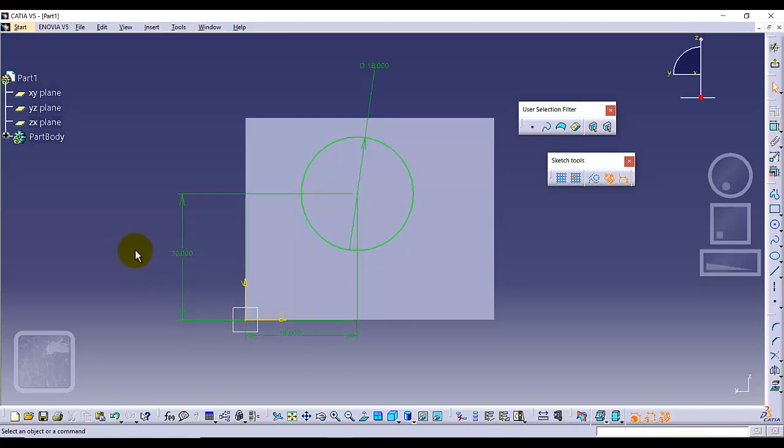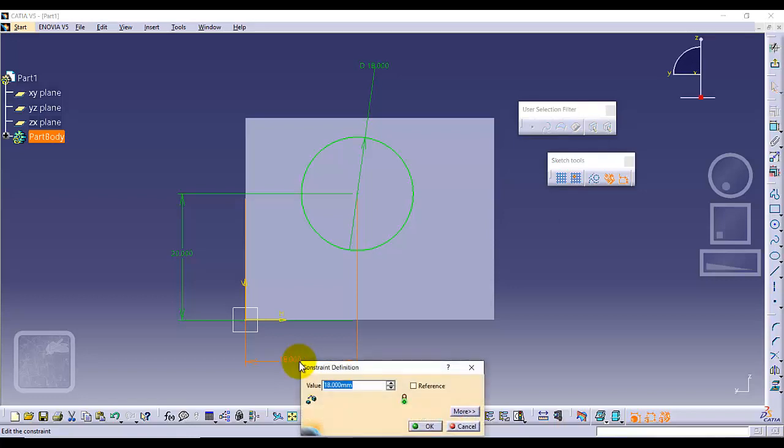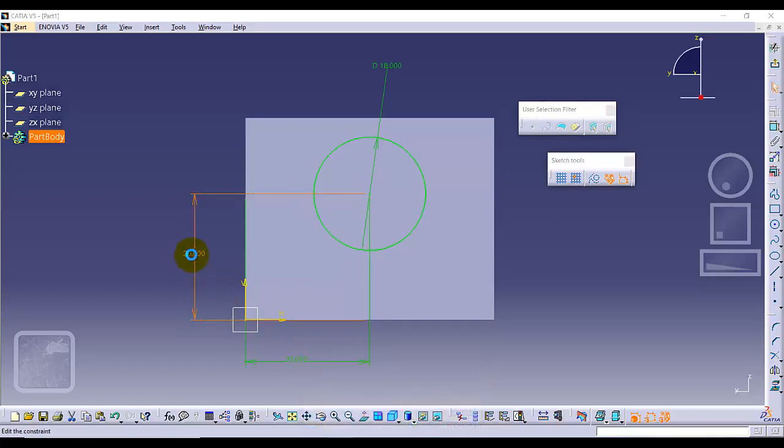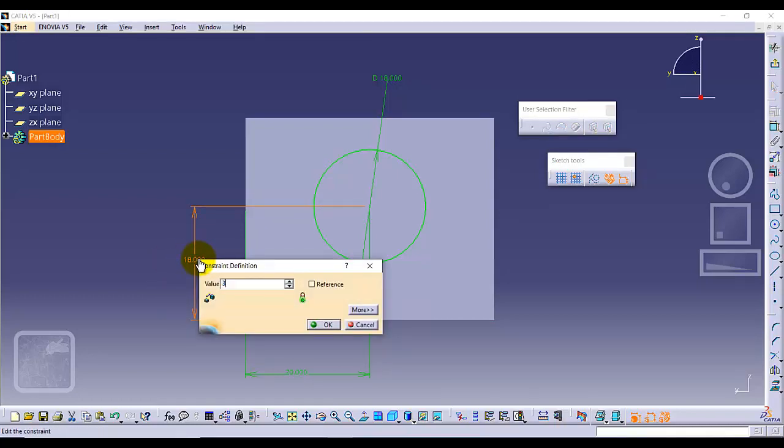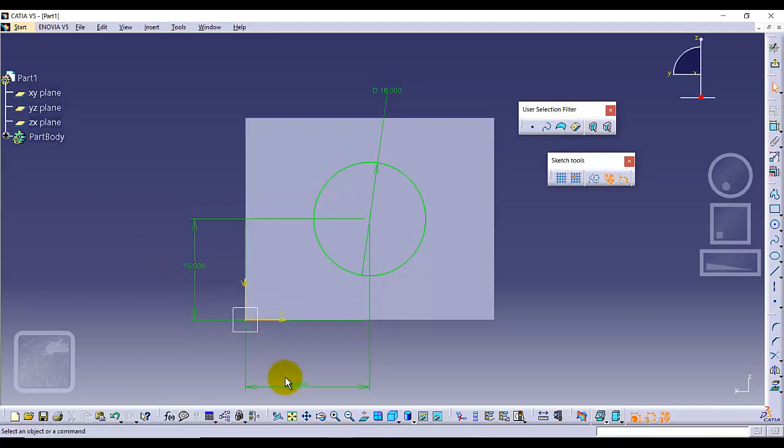I think we added these position dimensions not correct. So this dimension is basically 40 divided by 2 and this dimension is 36 divided by 2. Now it's in the center of this whole surface. 36 and 18. And 32, sorry. This dimension is 32 divided by 2. Now it's in the middle of